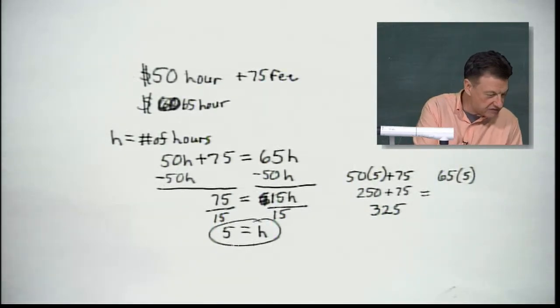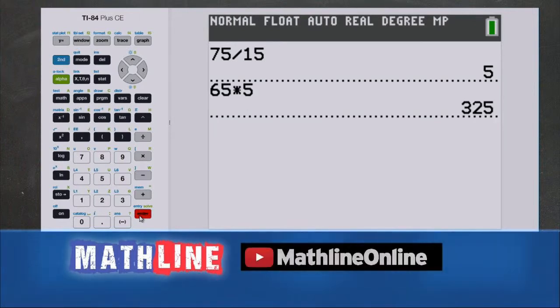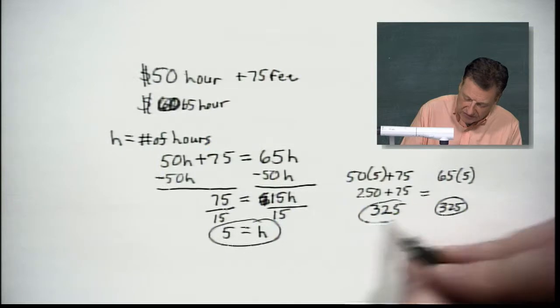And I am going to do 65 times 5 on the calculator. And let's see where we end up. We end up at 325. So after the bill gets to 325,